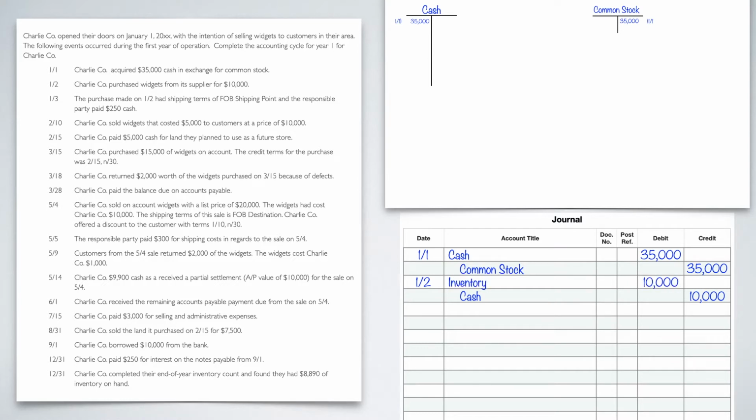And then I'm going to put those into the T tables. I already have cash, and I'll create an inventory T table. Cash, again, typically is going to be your longer T table. Inventory is going to be right up there with it. It's pretty lengthy too, so just give yourself some room.